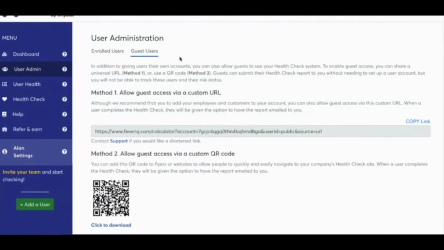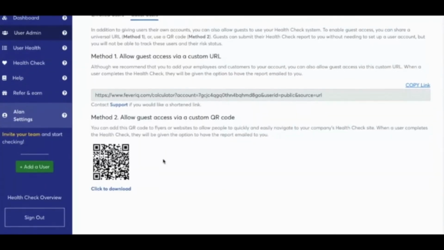Now, what are guest users? Think of these as visitors to your facilities. They could be customers, they could be vendors who need to drop off something. And if you would like them to use FeverIQ to do a health check before they arrive, you can do that too. You can either email them this link, simply click here to copy it to a clipboard and then email it to them or text it to them. Or you can also